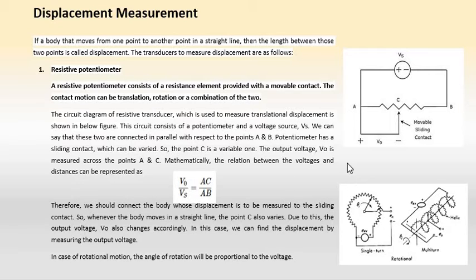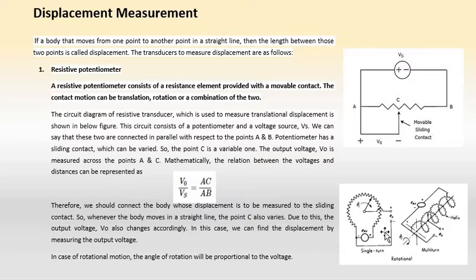From the single turn potentiometer you can see the center point. The center point is the starting point of the sliding contact. Now displacement is connected to this sliding contact. As the displacement happens, the sliding contact will slide over these turns of the potentiometer. As a result, the angle between the sliding contact and the straight line over here varies. As this angle varies, the output voltage E naught also varies.